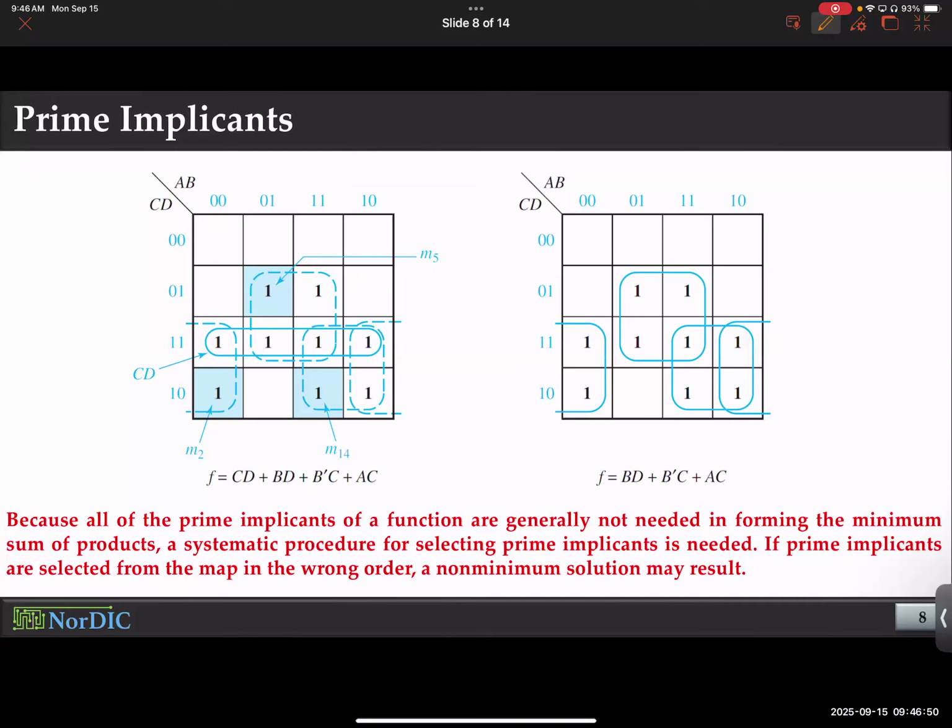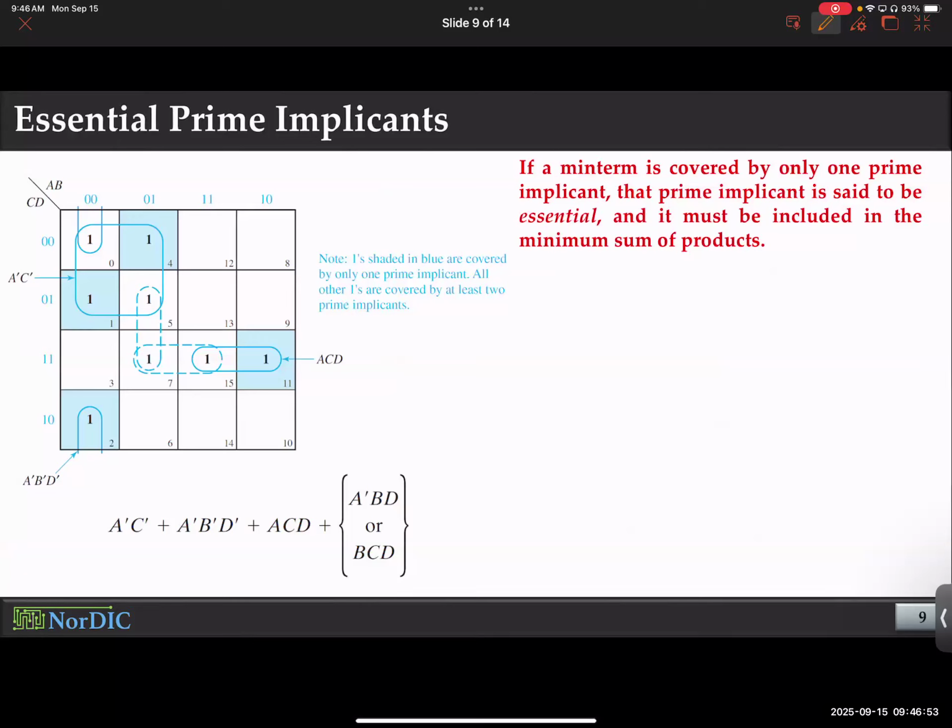So that brings me to the next slide, where we should learn about choosing essential prime implicants, the ones that are essential and you cannot live without them. Ready to learn now? Okay. The way you choose an essential prime implicant would be by looking at the ones. Trust me, it's not possible to find out all that are essential. There will be some that are optional, but you start with the essentials first, and then you leave the rest for the choice. So first choose a one that can only be covered with one implicant,